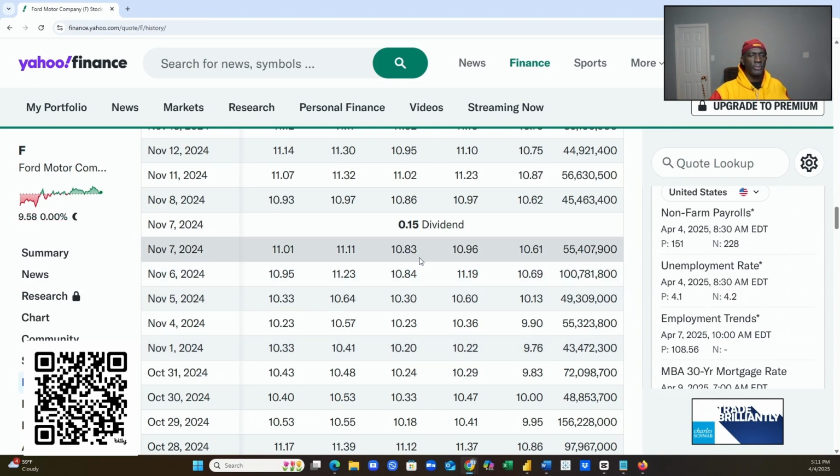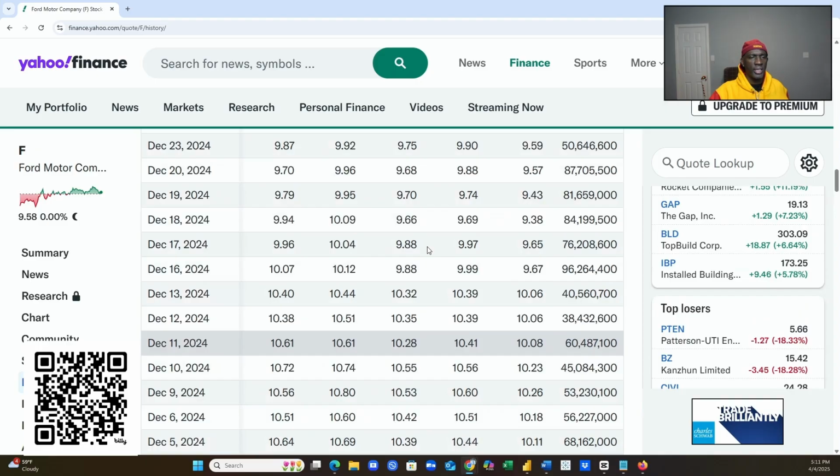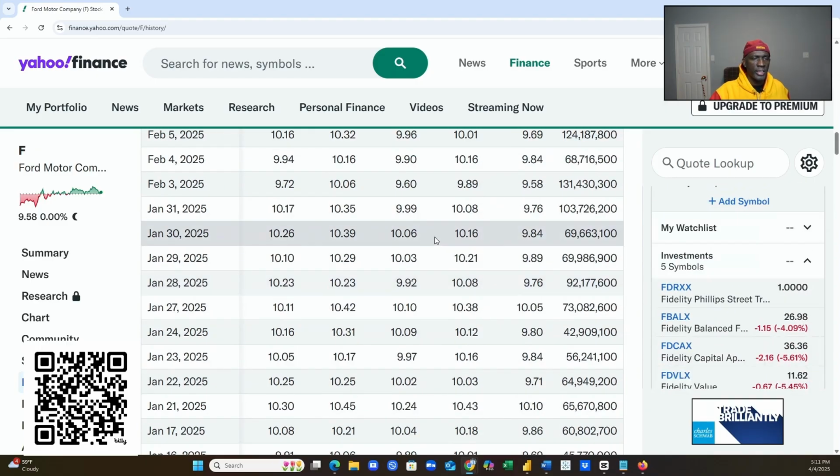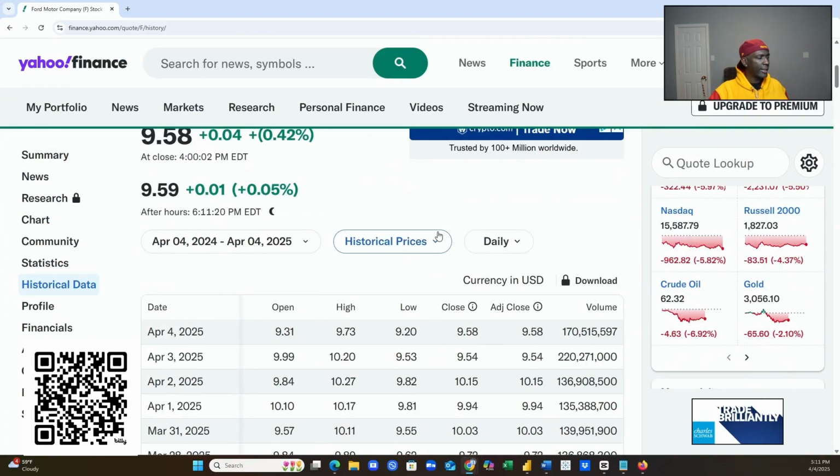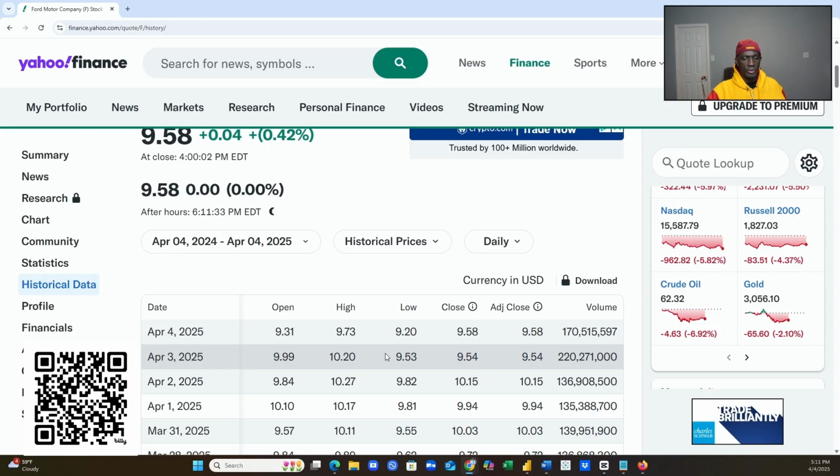So November 7th, it was 15-cent dividends, and February 18th, dividends were 30 cents per share. Again, like I said, I'm not a financial guru or financial expert. I believe that's how we would be reading it. That's how we would be understanding it and seeing that Ford pays back dividends in addition to what your earnings are, or earnings are not, in regards to your stock values. So with that said, we have